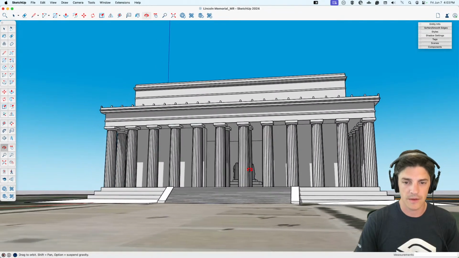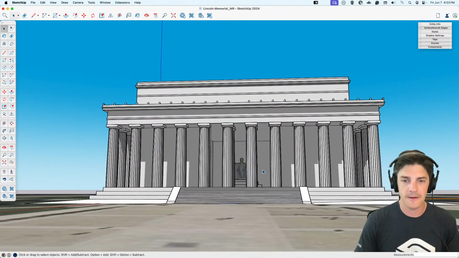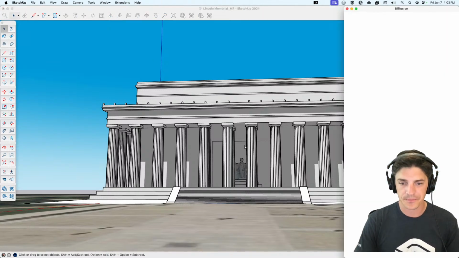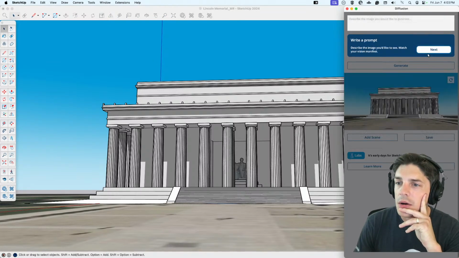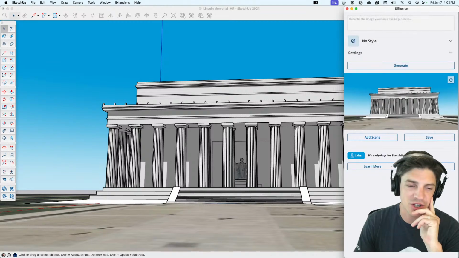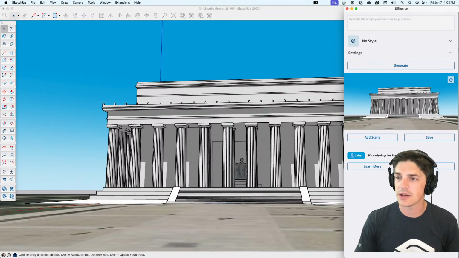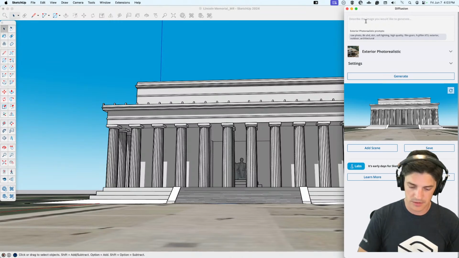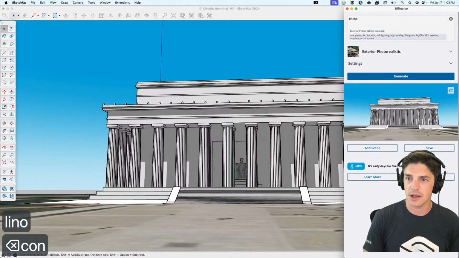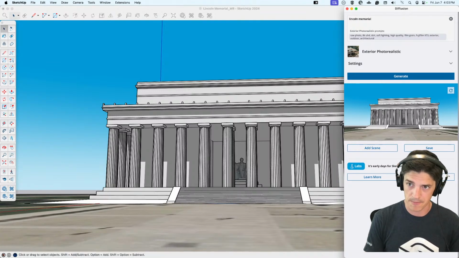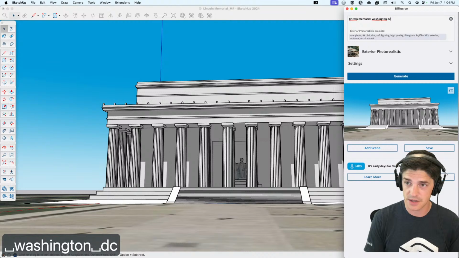Yeah, let's see if we can see Lincoln peeking through a little bit. There we go. Extensions, diffusion. Ooh, this is the first time I did a fresh install of SketchUp. So that's why I got the little walkthrough here. Exterior photoreal. Let's just straight up say Lincoln Memorial, Washington, D.C.,